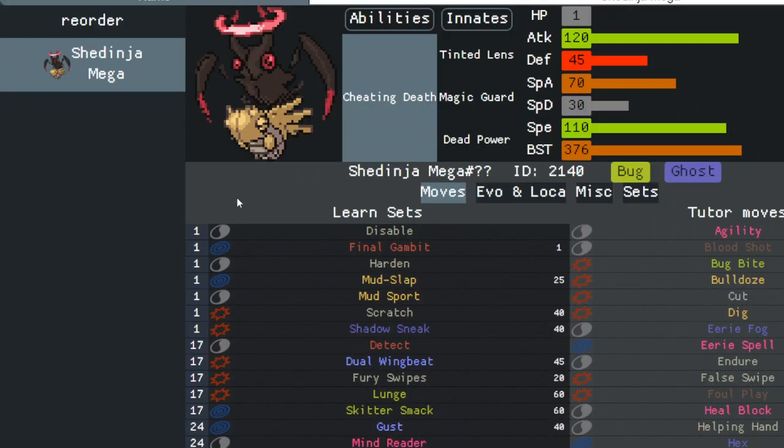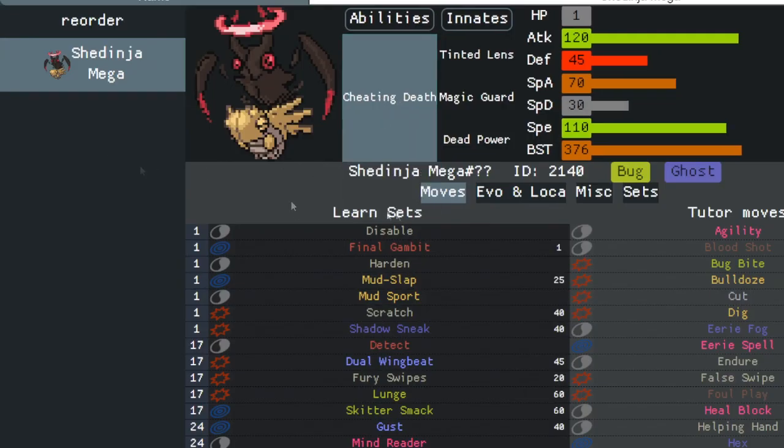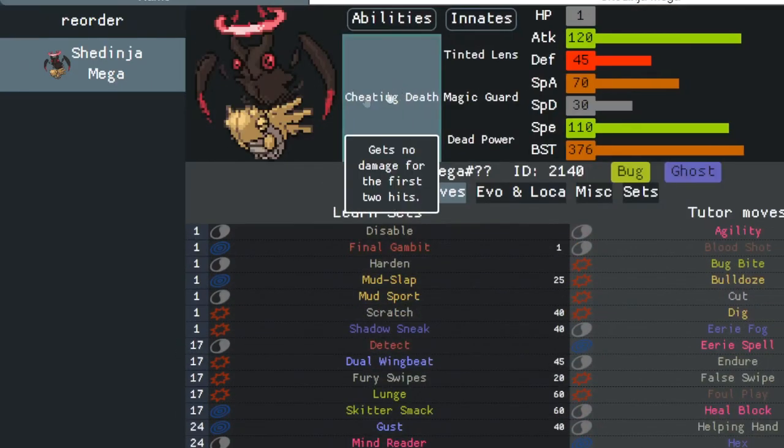And then Cheating Death, which is probably the most important ability that Shedinja has here, gets no damage for the first 2 hits. So you hit this thing twice, it won't die. You hit it for a 3rd time, it dies. So yeah, very solid ability. Just being invulnerable to 2 attacks is basically a better Disguise. Disguise basically ran Gen 7 VGC,